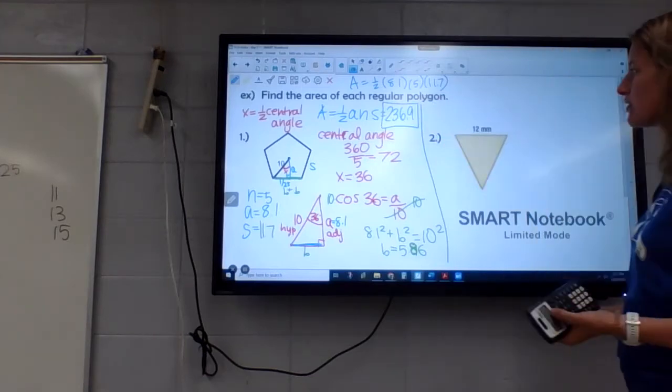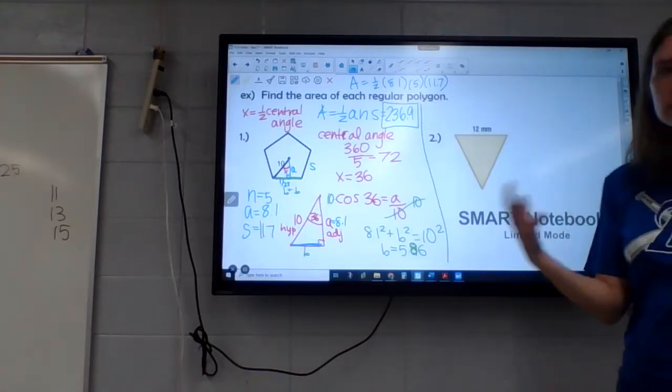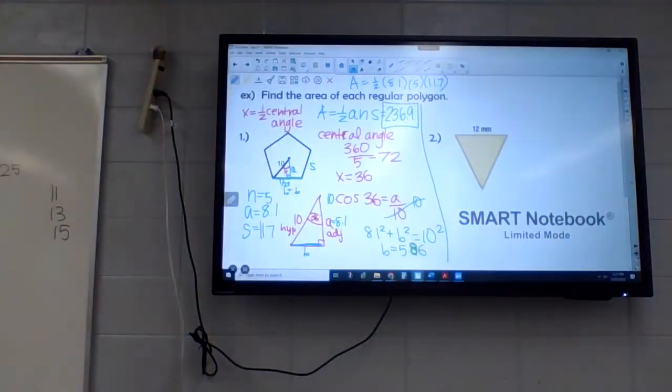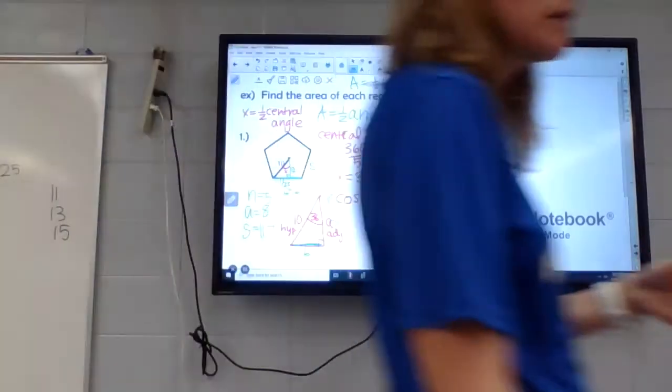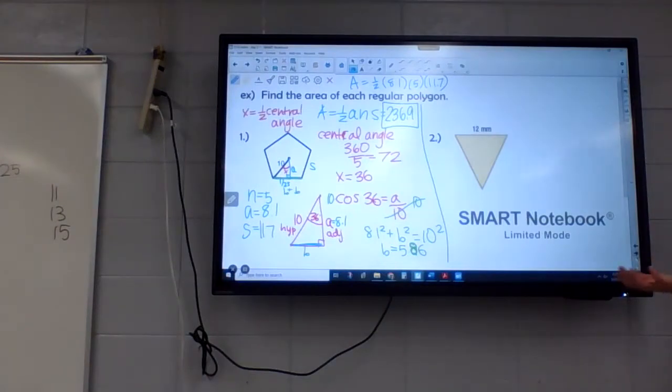All right, so essentially what we're going to do is different versions of these same problems depending on what information they give us. So number 2 is a little bit better. In number 2, they give us one of the sides, and we know the number of sides. Now this is a triangle, so